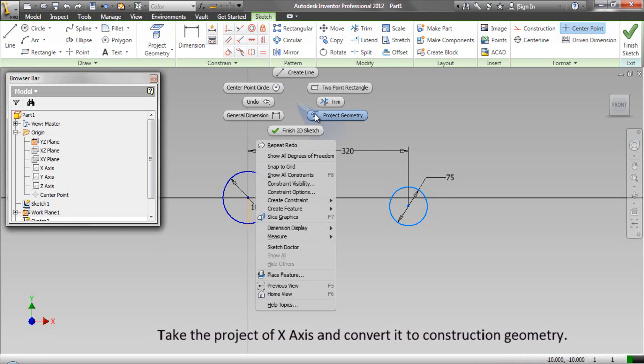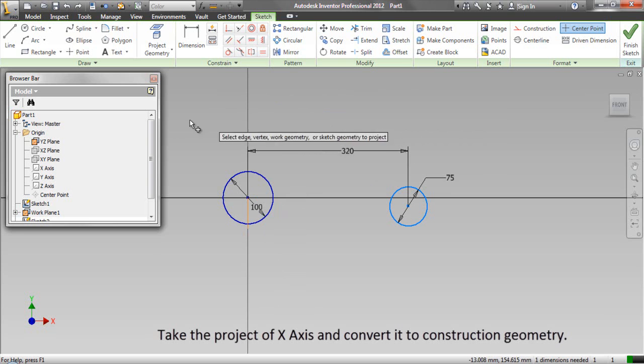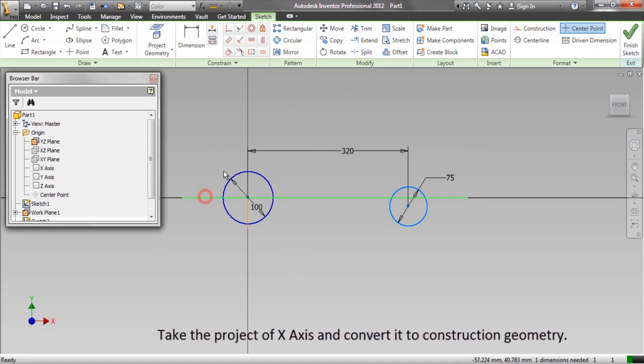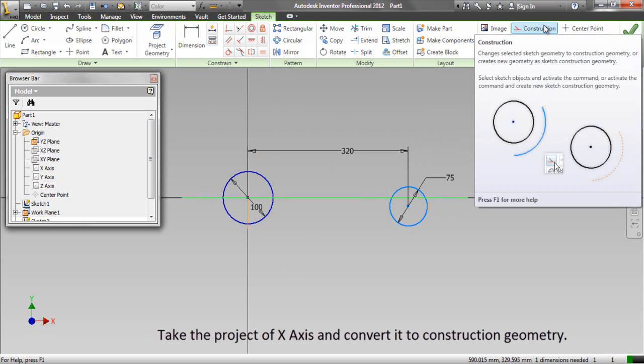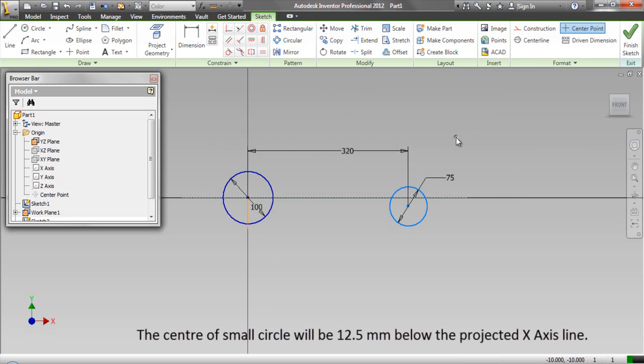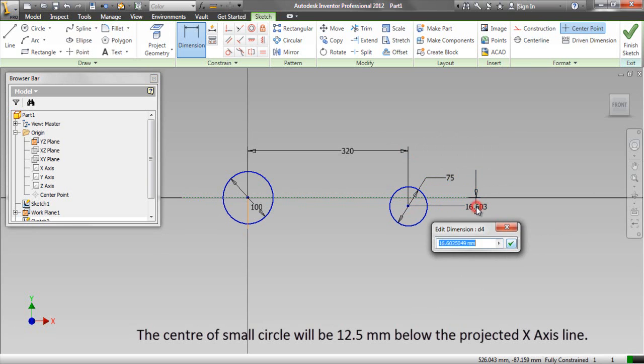Take the project of x-axis and convert it to construction geometry. The center of the small circle will be 12.5 mm below the projected x-axis line.